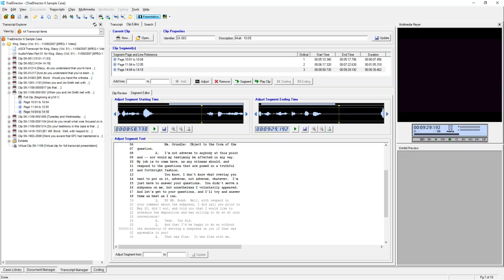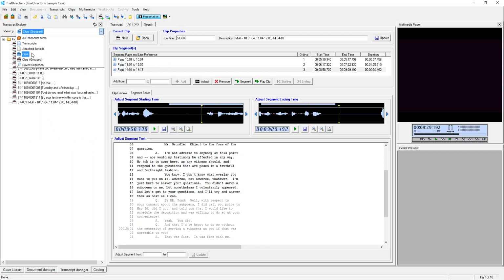Let's do 11:04 to 12:05, 14:04 to 18. Comment in there. Update. So now I have this clip, SK003, and it tells me the page and lines for that, because when they call it out,